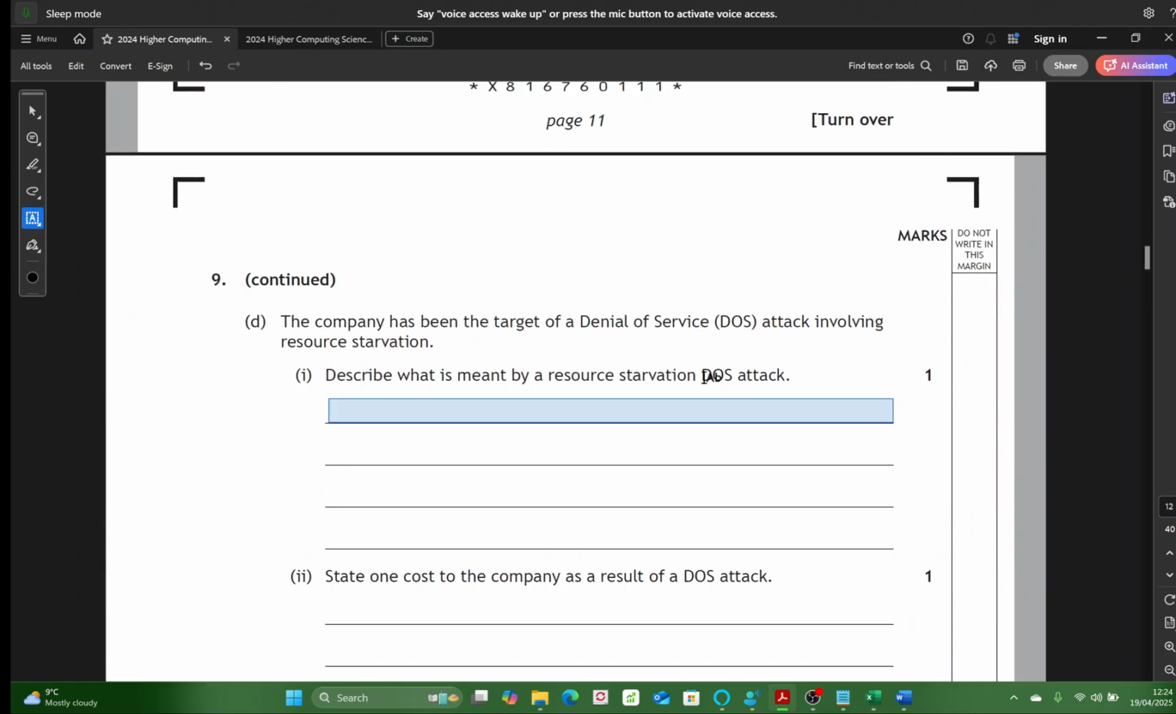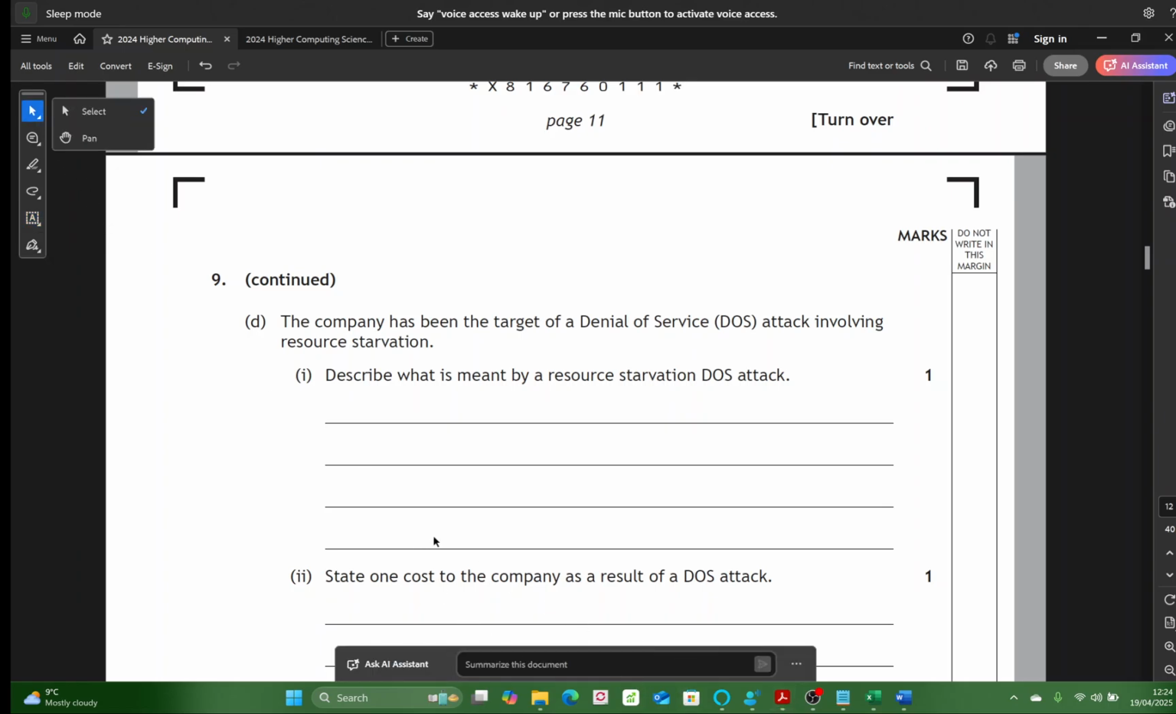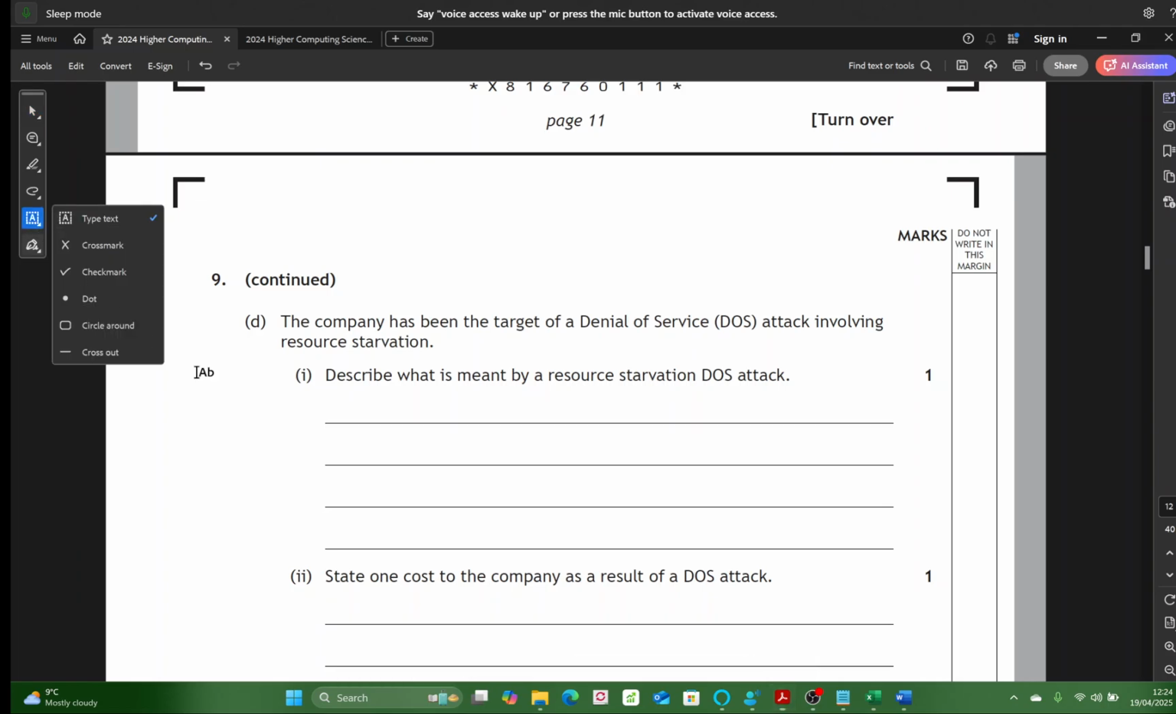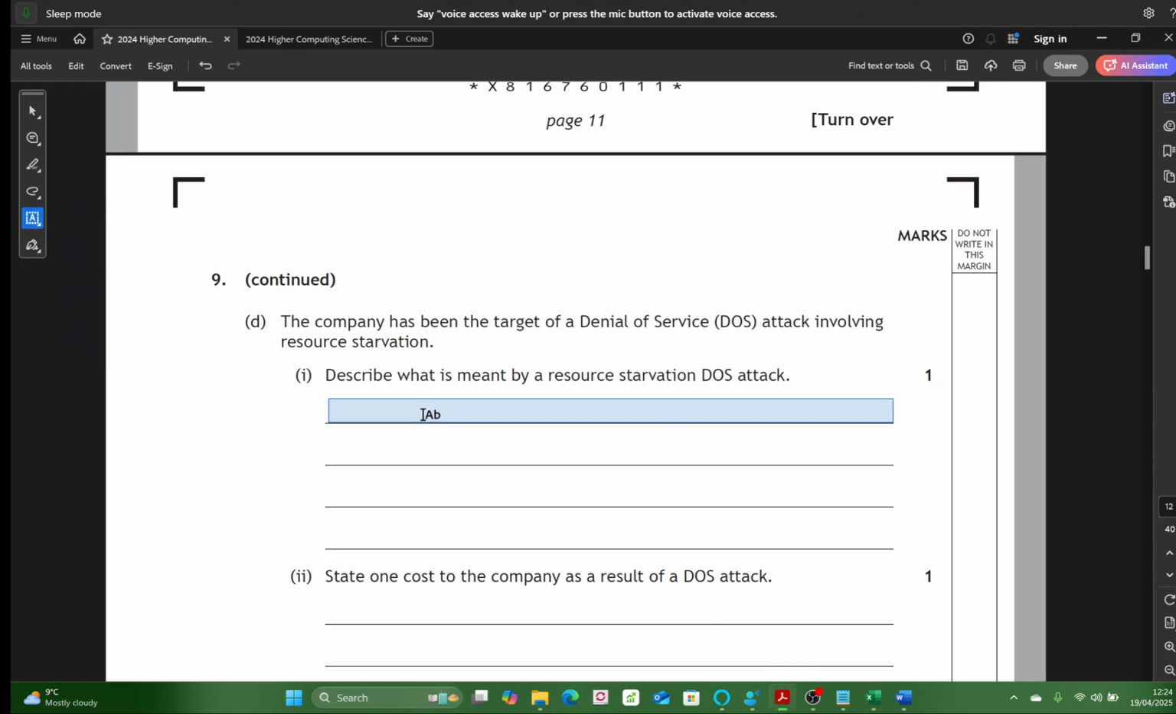The company has been the target of denial of service attacks. What does denial of service mean? Right, so denial of service, it actually attacks our resources. What are resources? We have storage is a resource. Our processor is a resource. Our RAM is a resource. So basically,